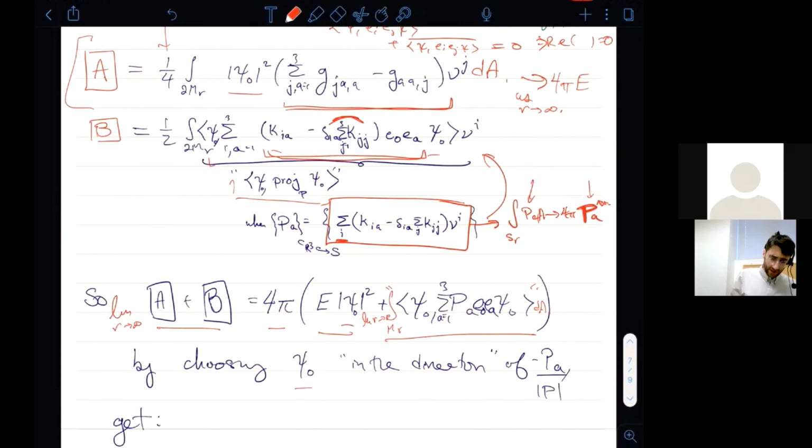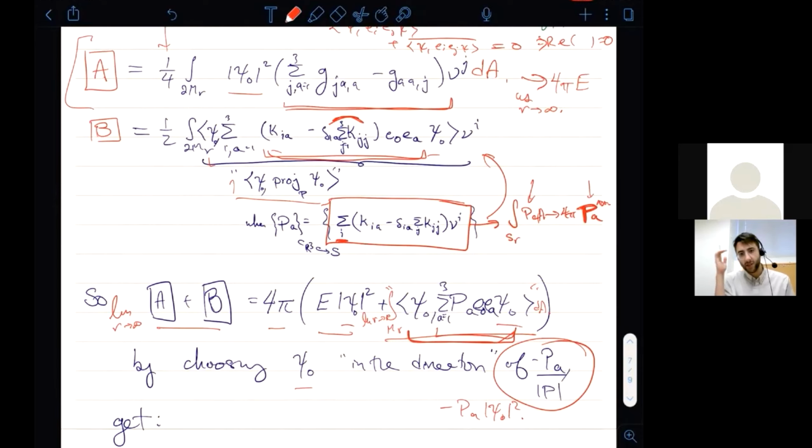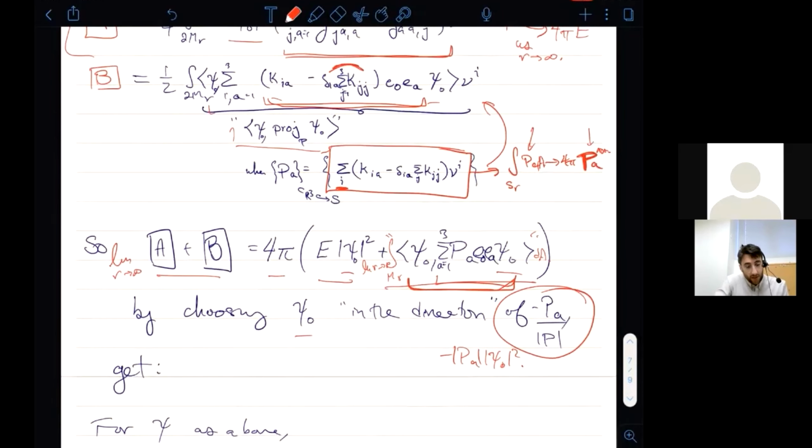Okay, so we're free to choose the psi naught. In fact, we can choose it so that this term here becomes just minus P_A times the norm of psi naught squared. There are, in fact, many choices of psi naught that would allow you to conclude this, to identify that boundary term with minus the norm of P_A. Consider it as a vector. A is ranging over 1 to 3. Okay. So that gives the